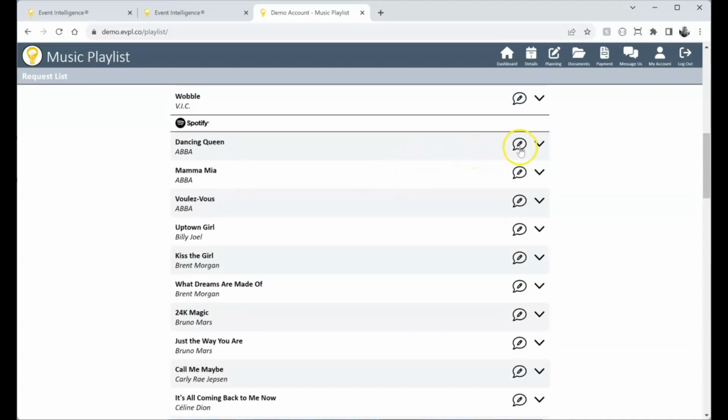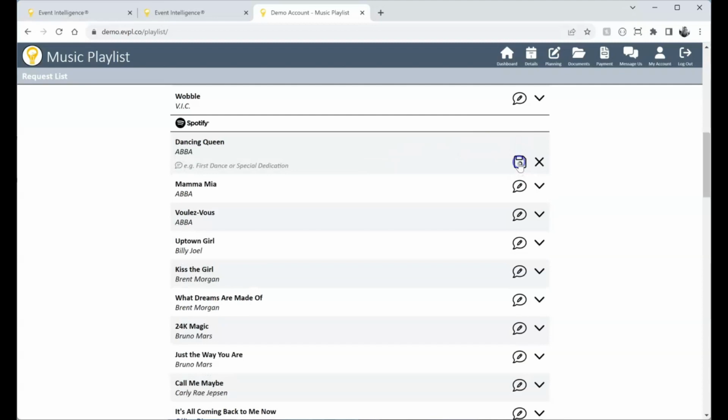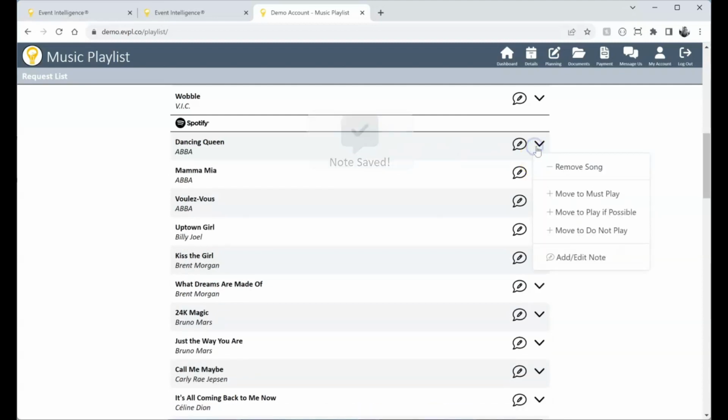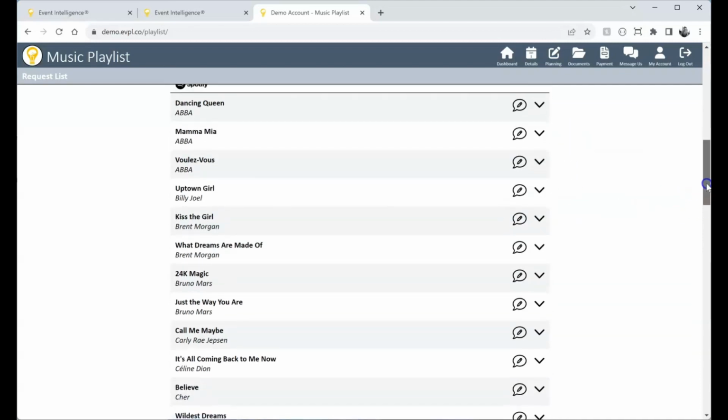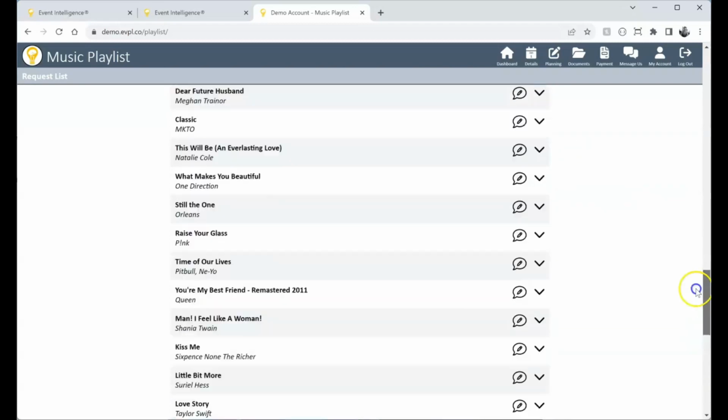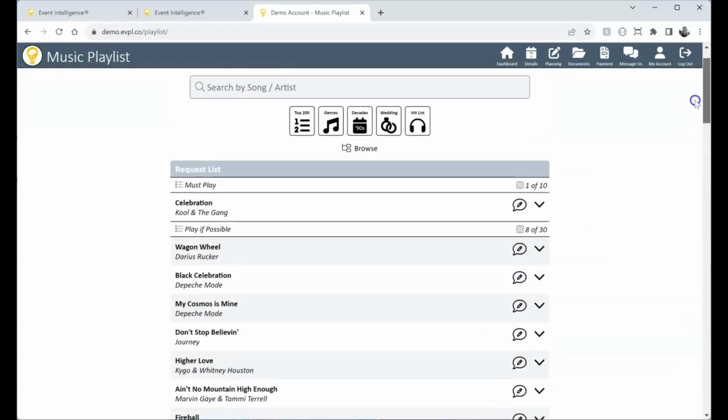From here, as with any other request, we can attach a note to the song. We can also move it to one of our other playlists. So if this is an important song, we can move it to our must play. If it's a song we don't want to hear, we can move it to do not play, play if possible. We can remove the song altogether. We have as much flexibility as we would have had we added the song manually to any of the other request